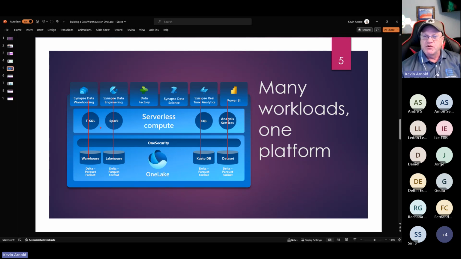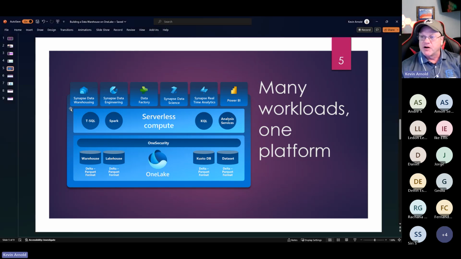So once you do this, you don't have to rehost it, or if you didn't want to, you don't have to import it into your semantic model anymore. It can read directly from the Delta Parquet files. So less time moving the data around, less time refreshing it. Things get a whole lot faster, a whole lot smoother there. Okay, so that's looking at it from our many workloads in one platform.